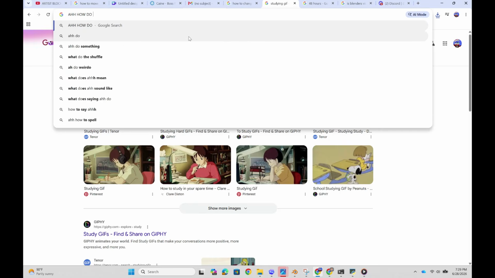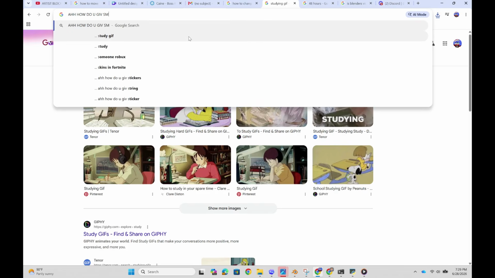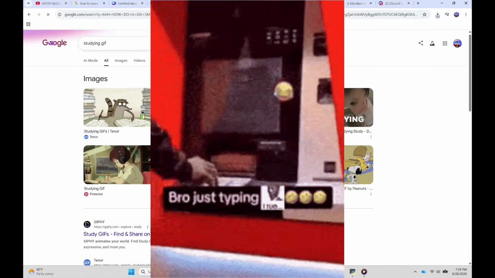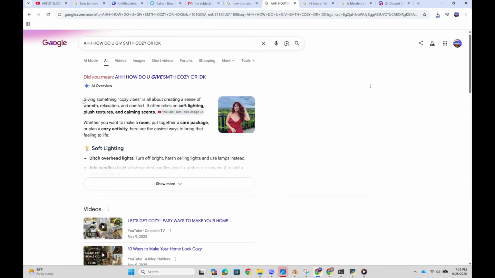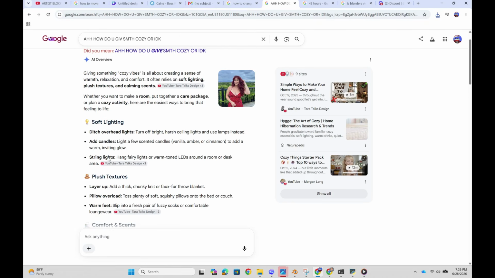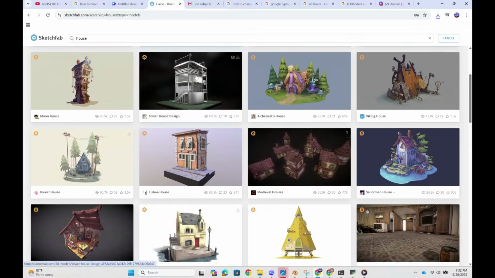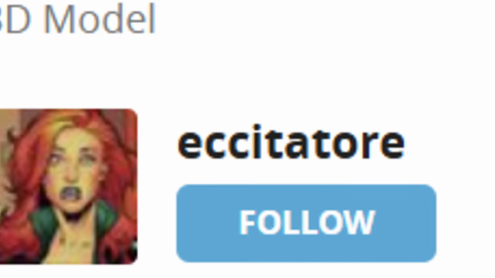First, I had to figure out what actually makes something cozy. After extensive research, which definitely was not just Googling random articles, I found three common ingredients: warm colors, nostalgia, and a small confined area. So naturally, I headed over to Sketchfab and started looking for a cozy town model. I found this amazing model made by this dude and some other less amazing models.